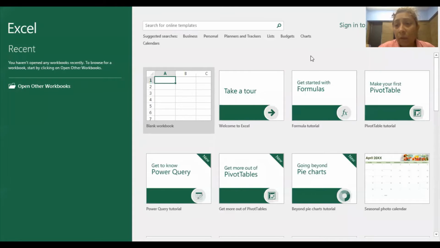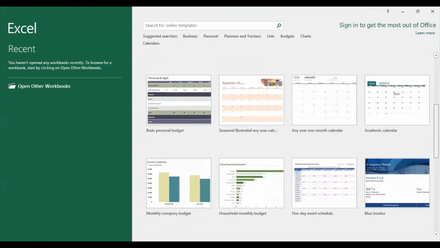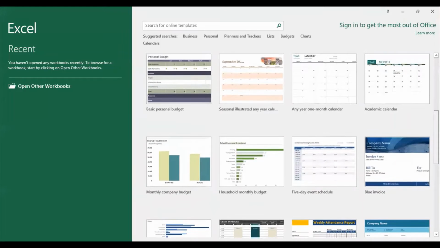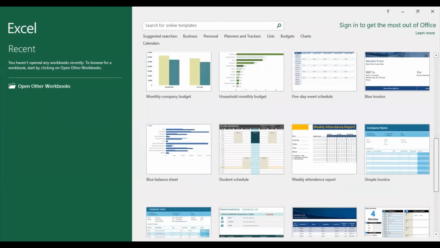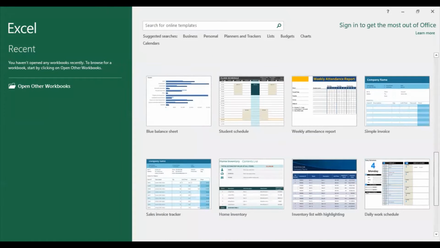Right here is Excel. When you first open Excel, this is what you're going to see. It'll show you the different templates that are available on Excel. You can start with a blank workbook, or you can look for a budget template. There are different ones you can see here: a personal budget template, a household monthly template, and a monthly company budget. There are some Excel versions that also have a wedding planning budget or a vacation planning budget or a budget